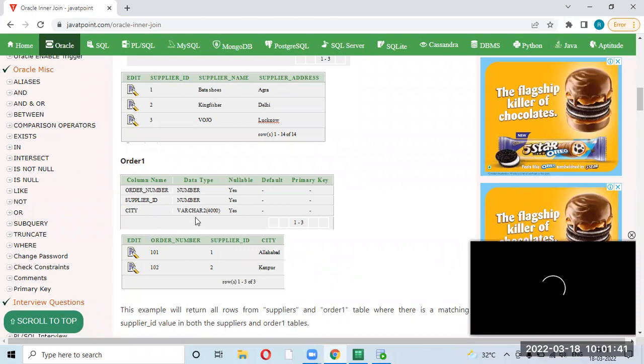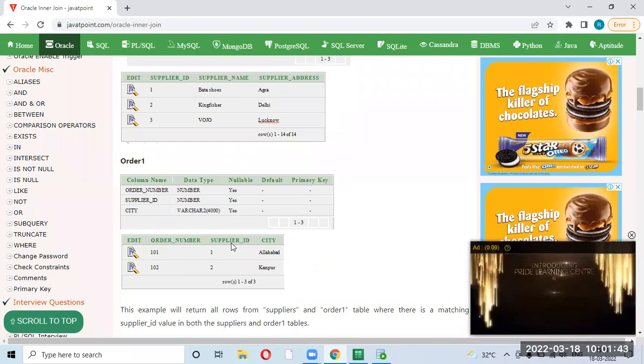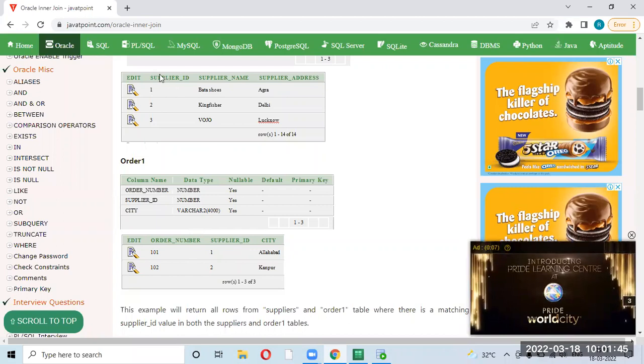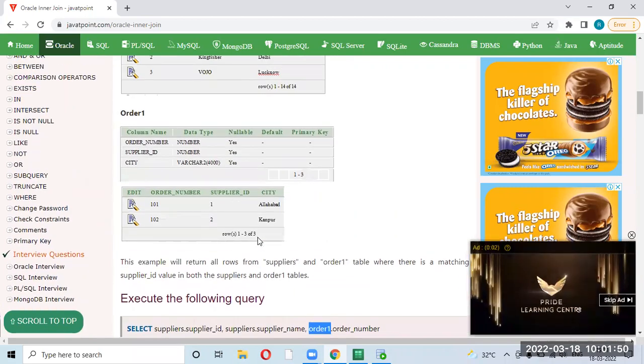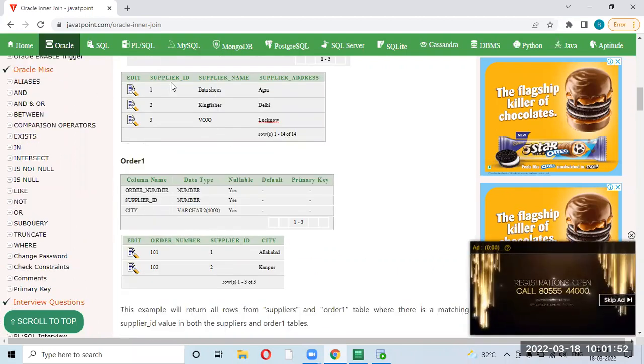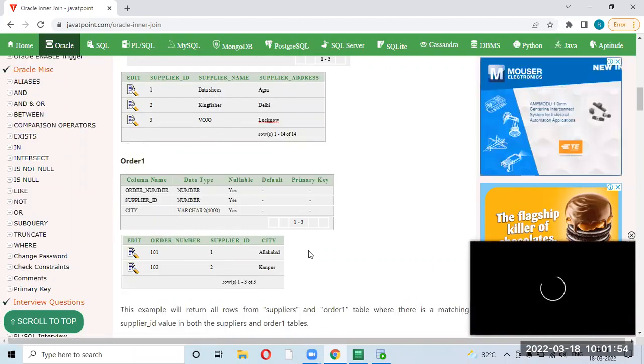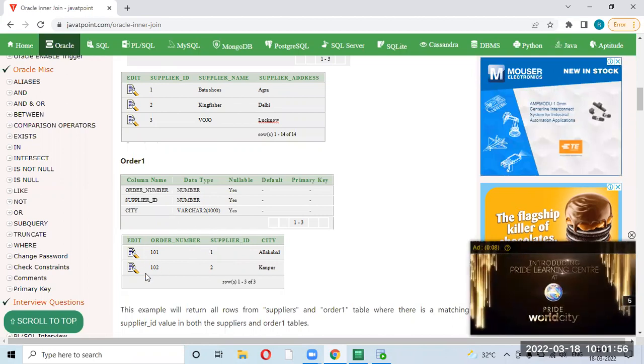Now the output you are trying to get will consist of supplier ID, then supplier name, and the third column, order number, will be from the orders table.